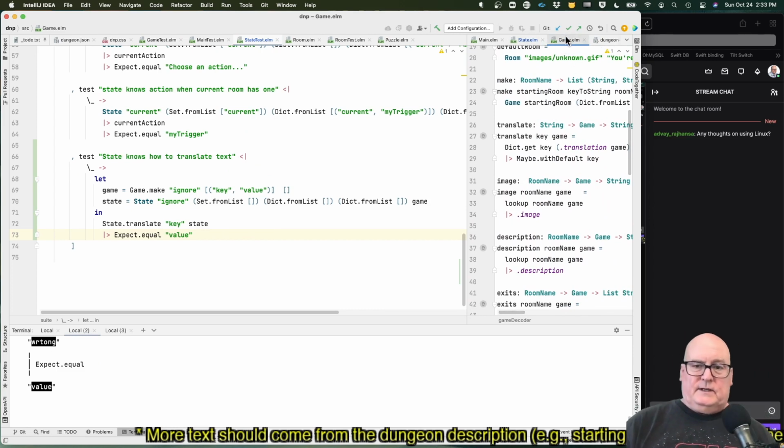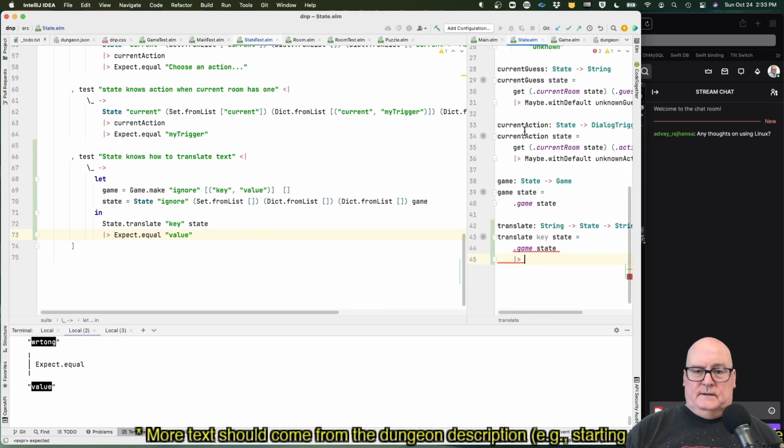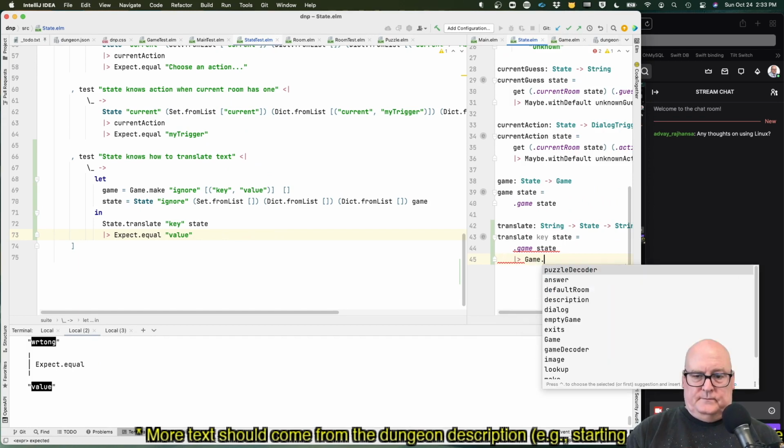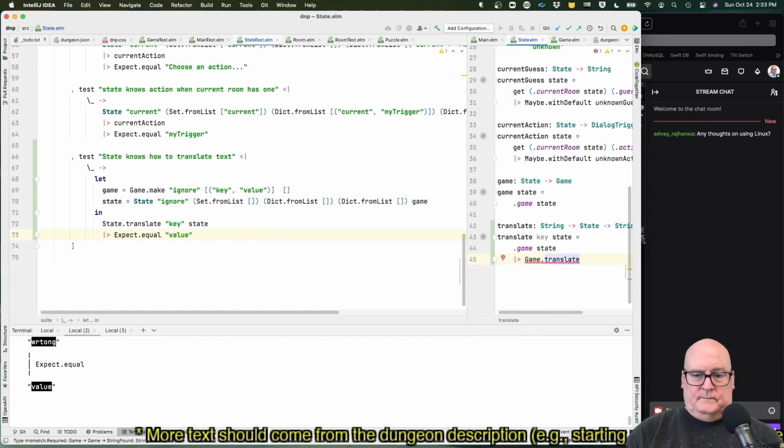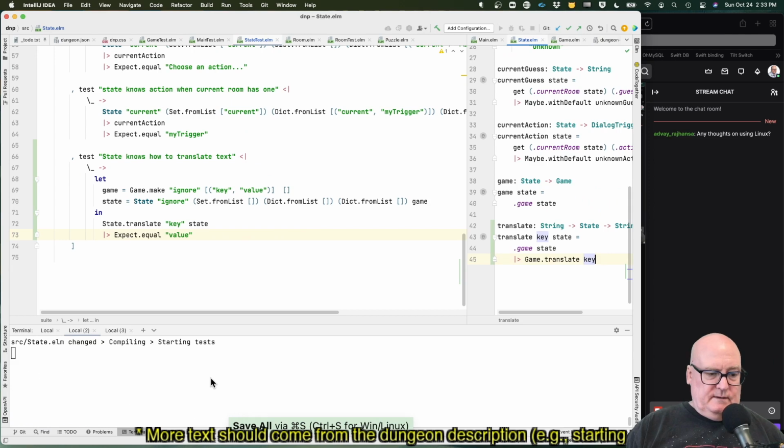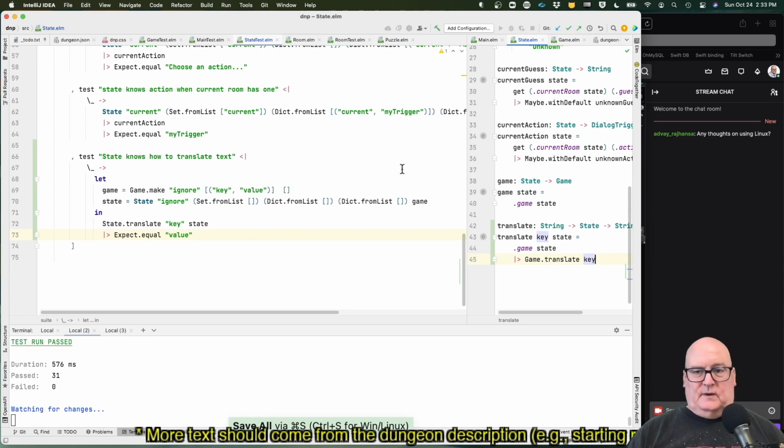Okay, game.translate. Okay, so dig out the game, call translate on it, given that key, and we should get the value. We'll do save and passed. All right. So now you can ask the state to do the translation.